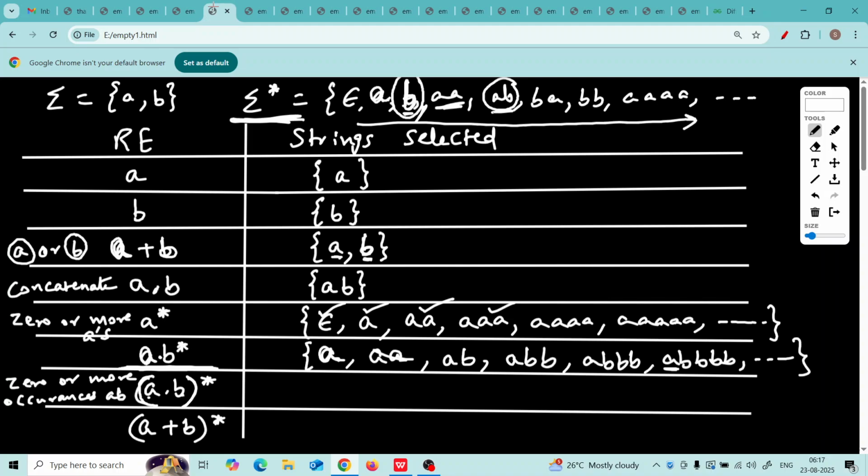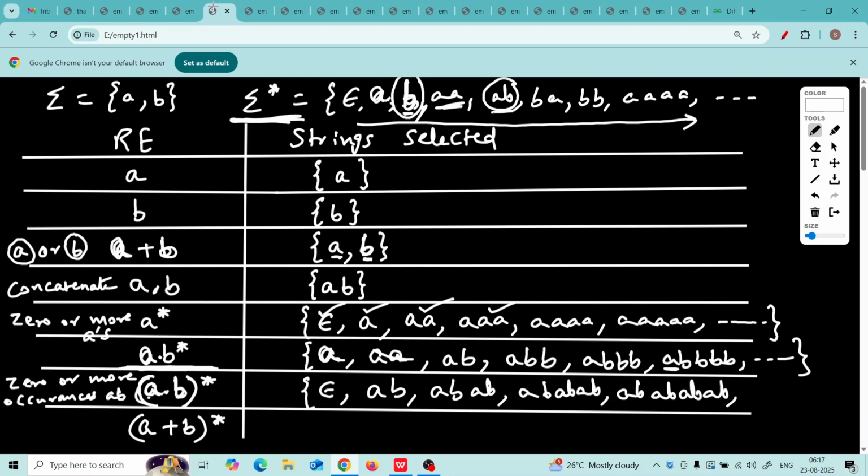Strings that have A followed by B, and this AB combination can be there 0 or more times. Look, this entire thing has been put in asterisk. So empty string will be selected. Then next string will be AB. Next will be AB, AB. Next will be AB, AB, AB. And this will go on.